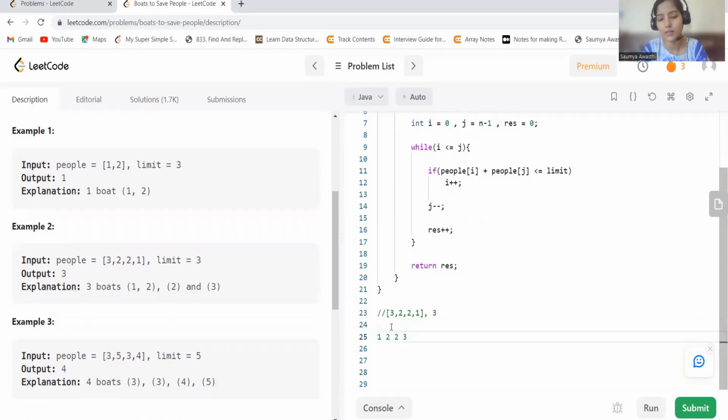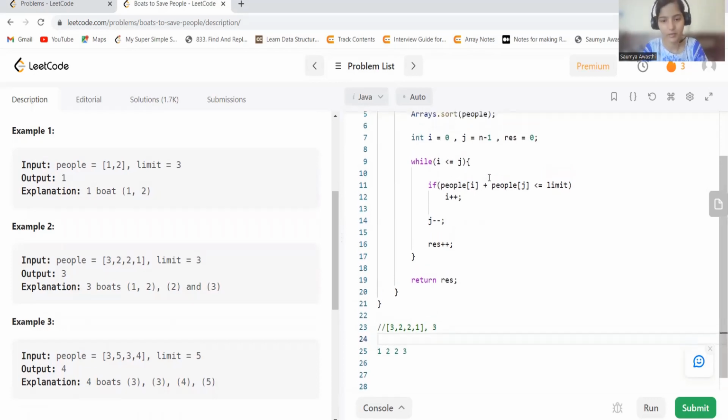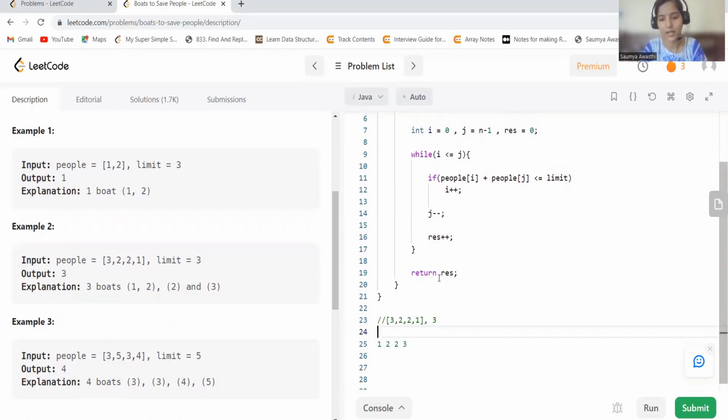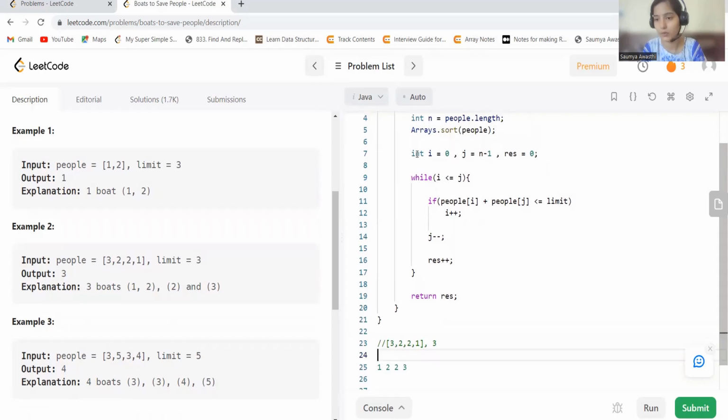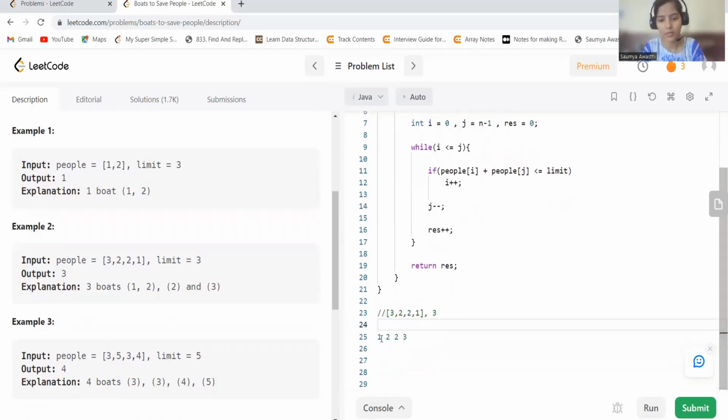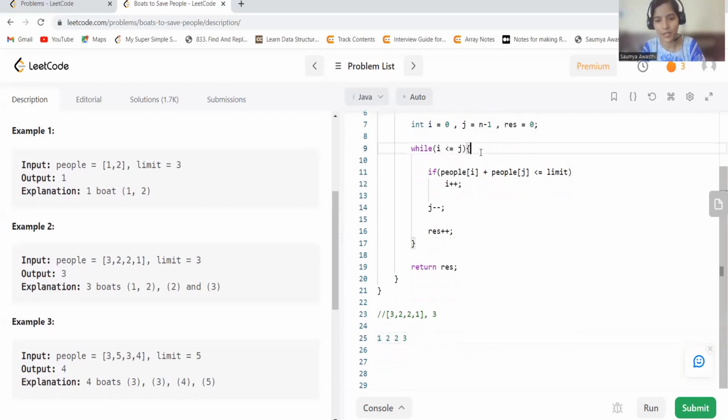Now what we are doing is we'll be maintaining 2 pointers, right? First will be pointing to the first element, and the next one will be pointing to the last element. So here you can see we have int i equal to 0, j equal to n minus 1, right? So i is pointing to this first element and j is pointing to the n minus 1 element, the last element, right? Now here we are continuing this loop till the time i value is less than equal to j.